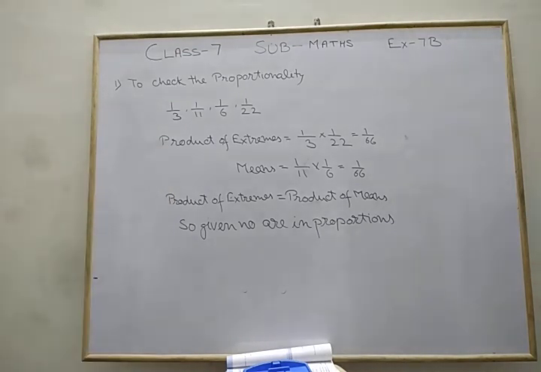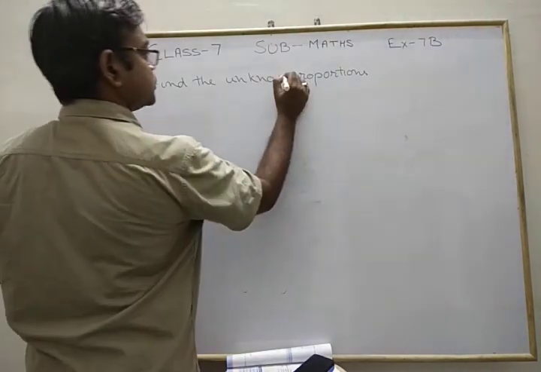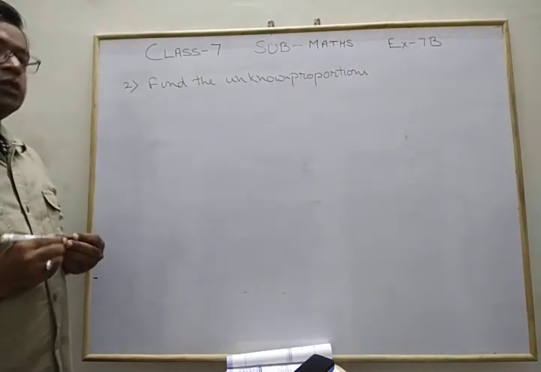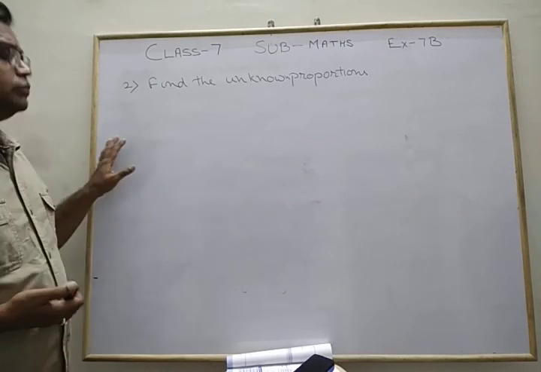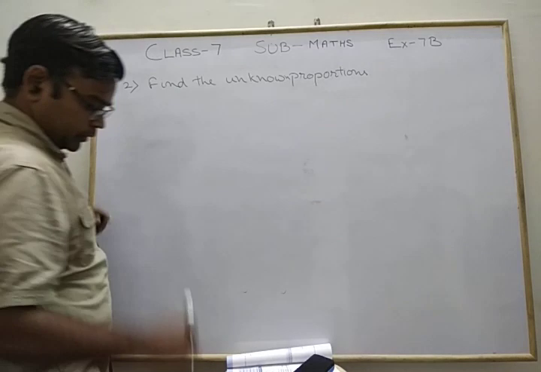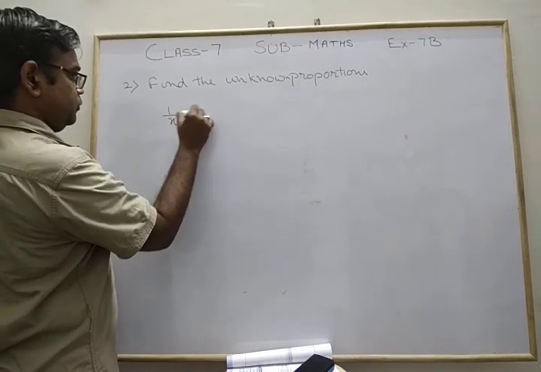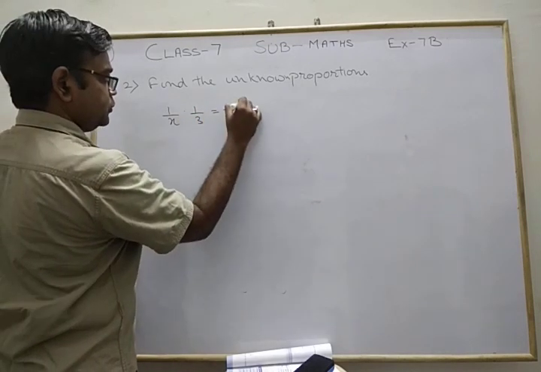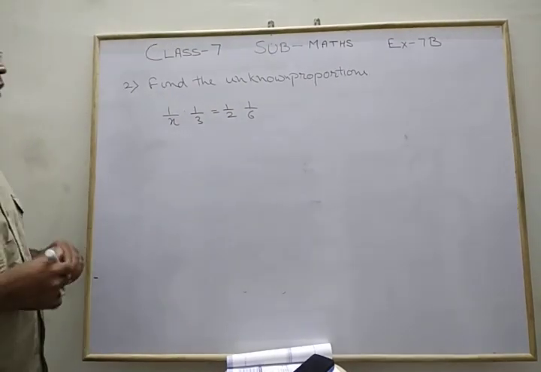Now we are going to move to the next part, that is to find the unknown proportions. Sometimes the question may ask you this. I am writing the question: 1 upon x ratio 1 upon 3 is equal to 1 upon 2 ratio 1 upon 6. Find the value of x. Or